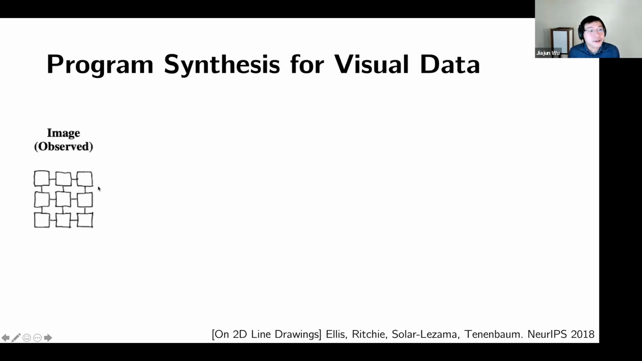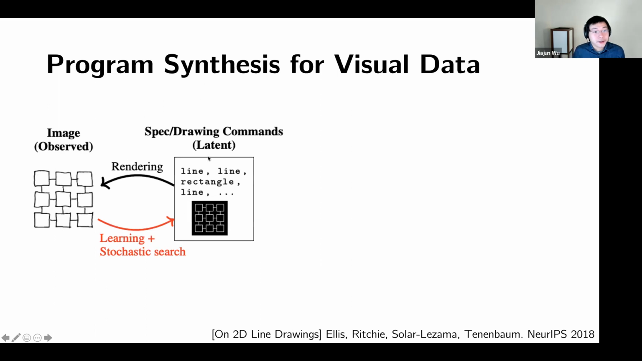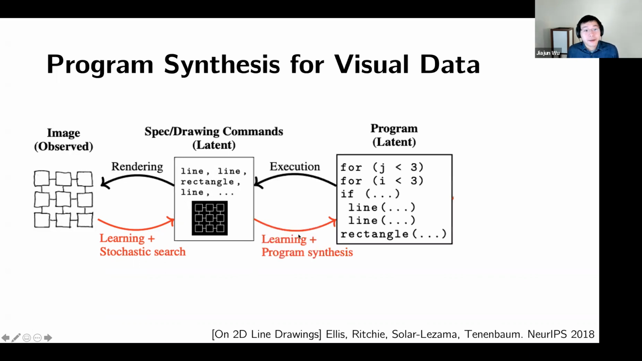They first tried it on 2D hand drawings, right? If you observe some kind of drawings like this, what they did in this paper is they first used learning and stochastic search to identify some primitives, right? Very basic elements of the scene or of the image. In terms of 2D line drawings, that means lines and rectangles. And you can, of course, render them back to the original image. And then based on these primitives, they use learning-based program synthesis to synthesize a higher-level program, which includes if or for, these kinds of program-like